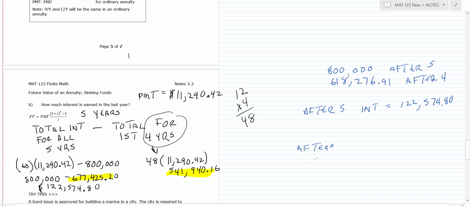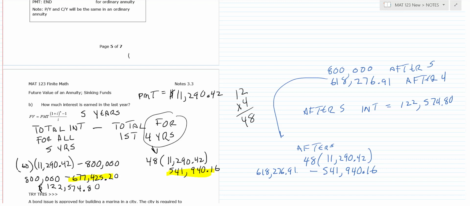Okay, you're going to basically have, you've made 48 payments. Those payments are $11,290.42. So I'm going to do that on the calculator. I think we already did that, didn't we? So we had $541,940.60, but the present value was $618,276.91. So if you look at the difference between that, that would tell you how much interest happened after 4